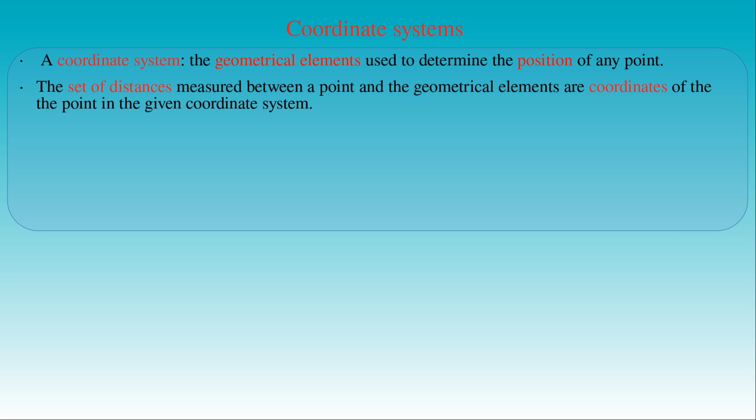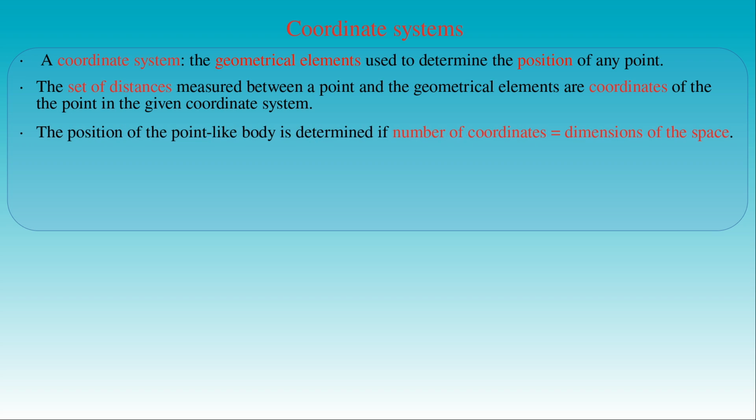The position of the body is uniquely determined if the number of coordinates is equal to the dimensions of the space in which we use the coordinate system. When we study the motion along a line, it is enough to apply a one-dimensional coordinate system. Such a coordinate system consists of the reference point O, called origin, and a line with orientation called x-axis, both located on the path of motion. One coordinate, called x-coordinate, is enough to determine the position of a moving body along the line, which is the distance between the position of the body and the origin O.